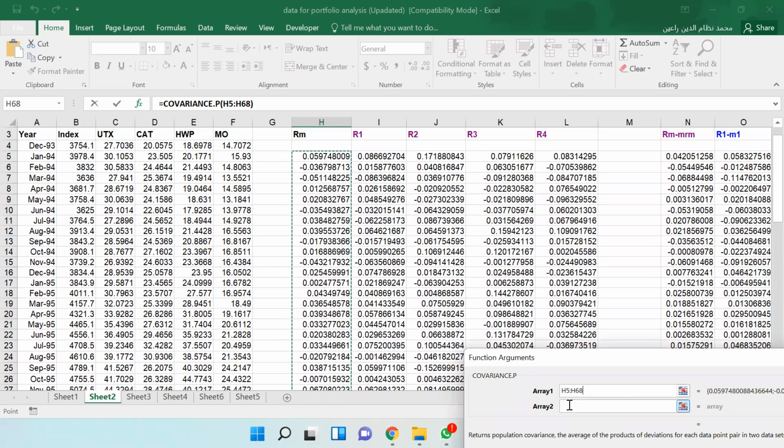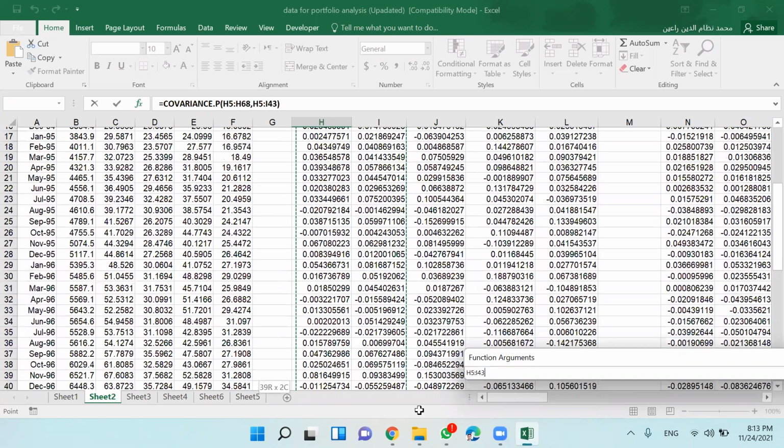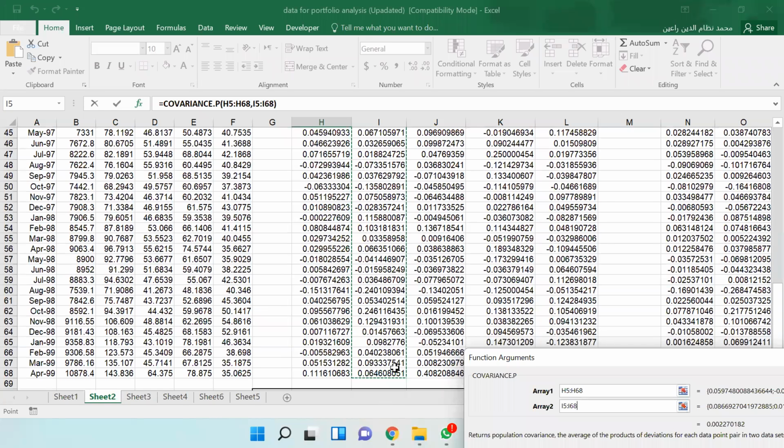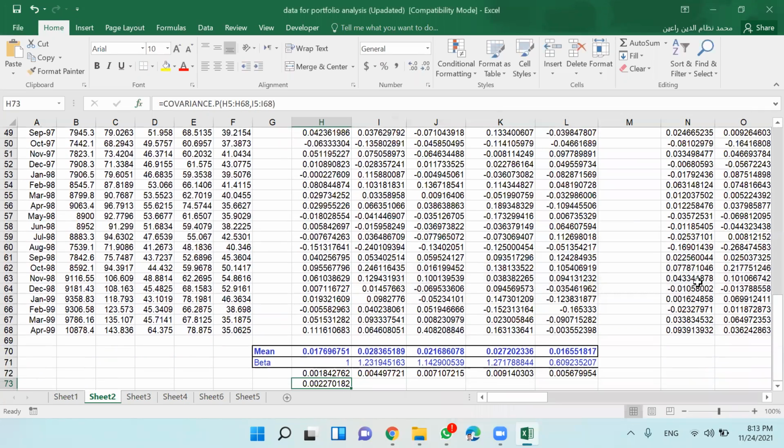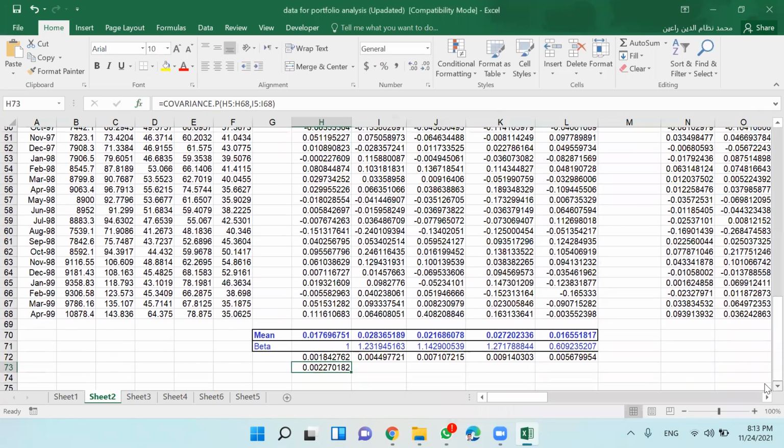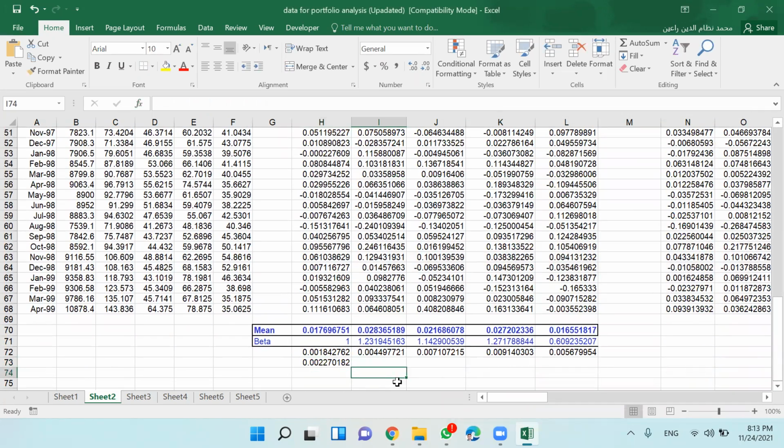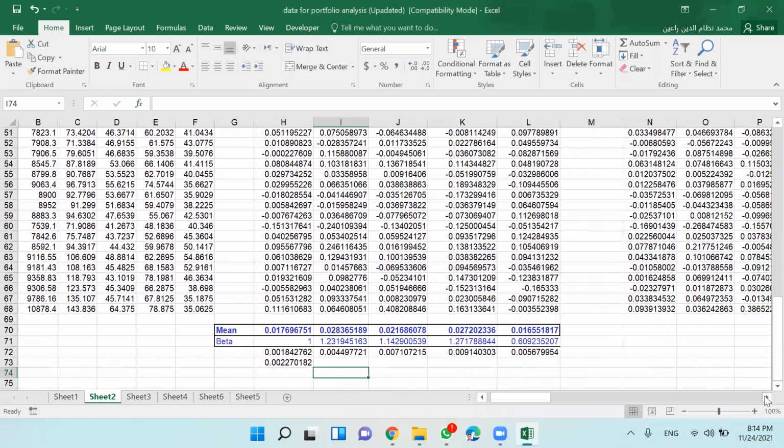I hope that you know these things. Just in case you don't know, you can use this to calculate covariance, right? So this is covariance between one company and the market. So we have calculated the betas that we need.